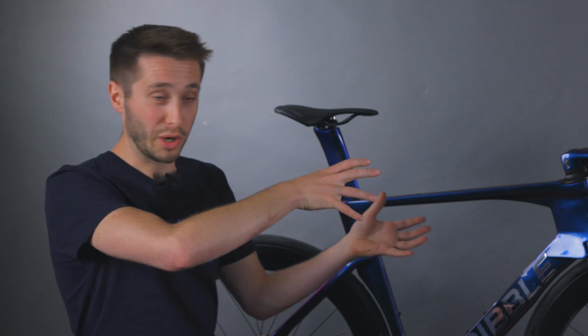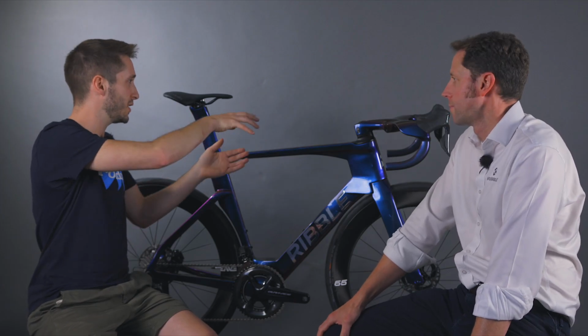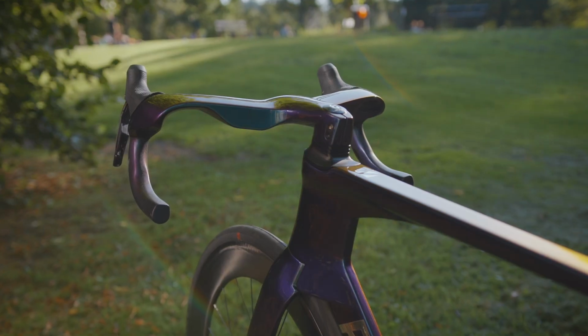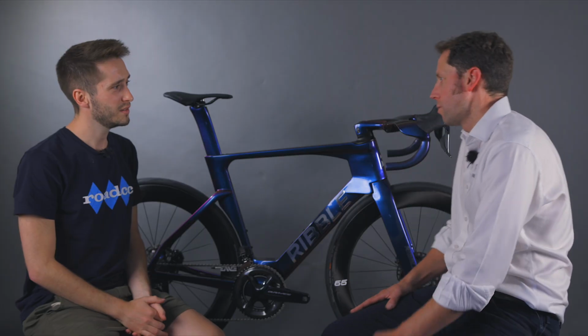So that's exactly what we did. So we've got quite a revolutionary shape there, but moving into the middle, I can see these massive kind of humps. What are they? Yes, the one thing we noticed when we were designing the handlebar was that our first iteration of